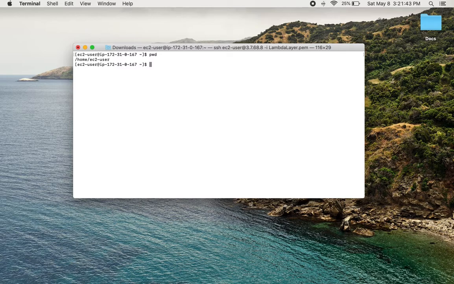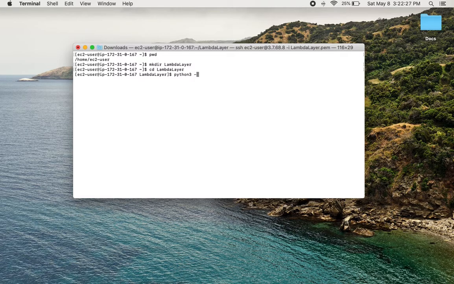So now that we are on the EC2 instance, let's create a folder where we'll install all our libraries so that we don't mix it up with the existing setup of the EC2 instance. Or even if you're not using the EC2 instance and you're using your local machine, let's not disturb that setup. So we'll create a Python environment, a virtual environment to which we will install all these libraries. Okay, so let me create a directory. So I'll name it as Lambda layer. Let's go to Lambda layer. And once we are inside this, we will create the virtual environment.